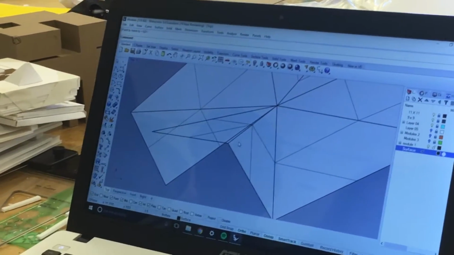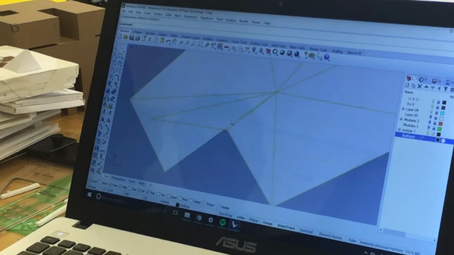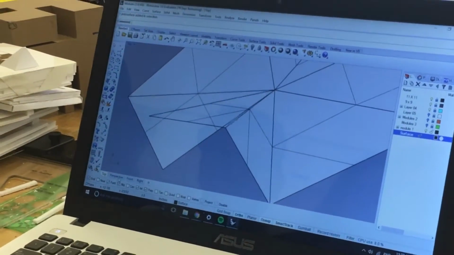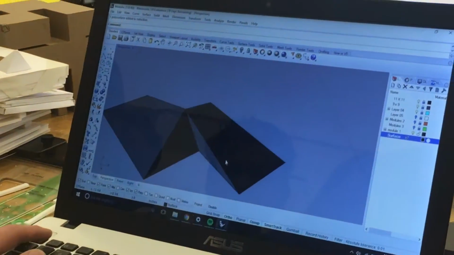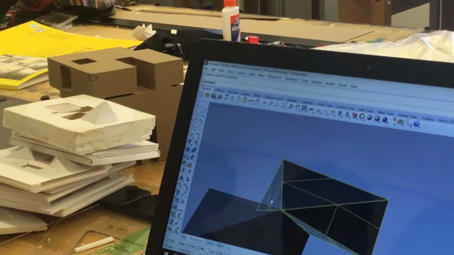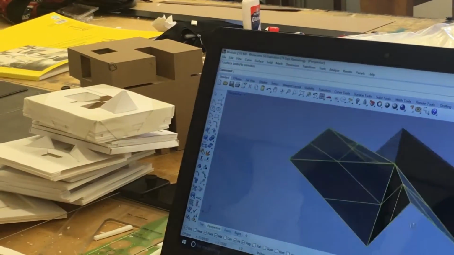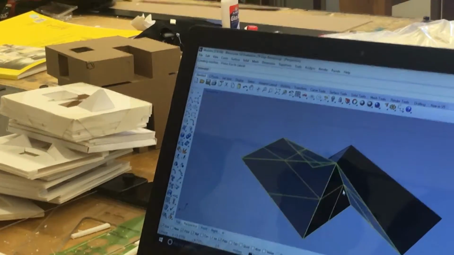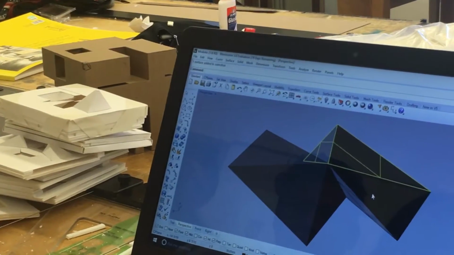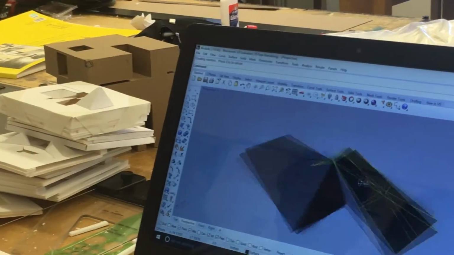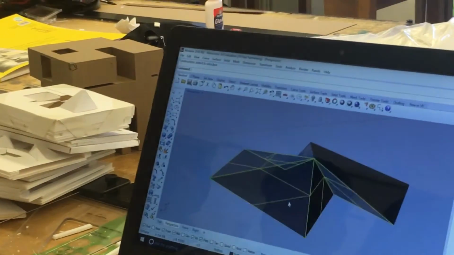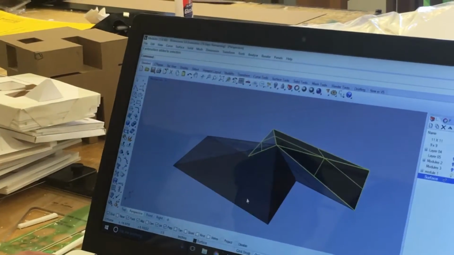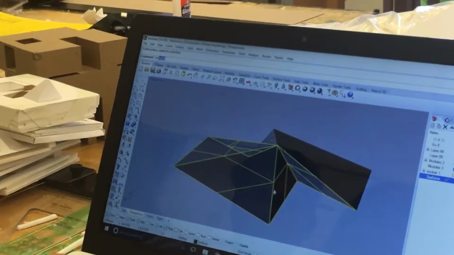And so then what you have to do is you can either separate this manually here, or you have to go back to here, type in explode, and then say, maybe I can build this part all as one thing, join those, and maybe I can build these all as one thing and join those, right? And so that I'd be cutting out two different shapes and then building, because when I unroll this,